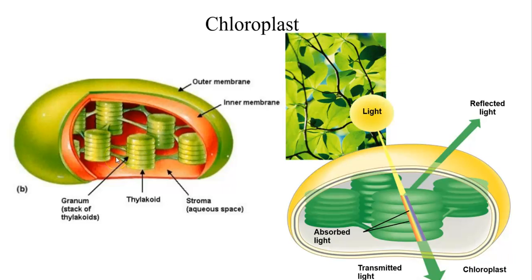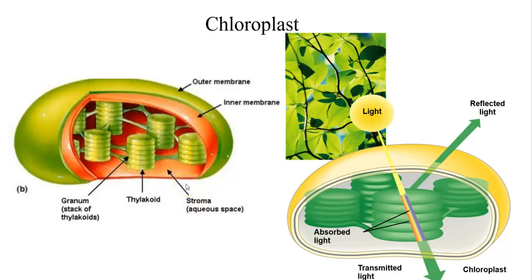The plural is grana, the singular form is granum. And there are some interconnections that connect the grana, and the liquid portion inside the chloroplast, the aqueous space, is known as the stroma